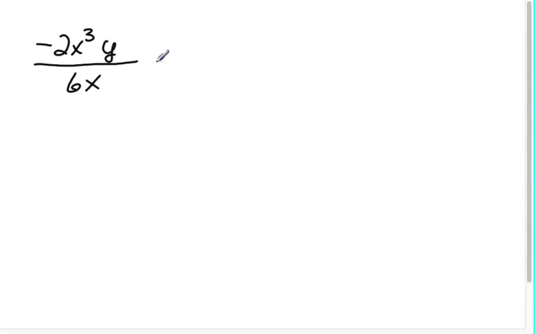So I'm going to divide both the numerator and the denominator by 2x. If I wanted to, I could divide by a negative 2x. It won't matter. But I know that 2x cubed y divided by 2x is going to equal, a negative divided by a positive, negative